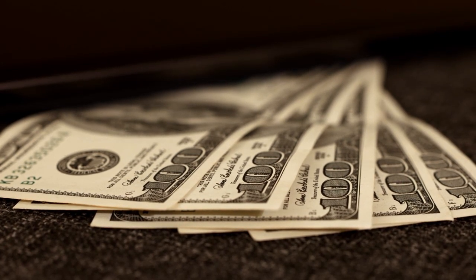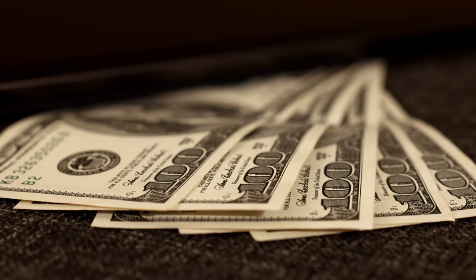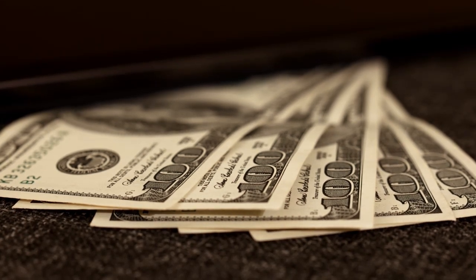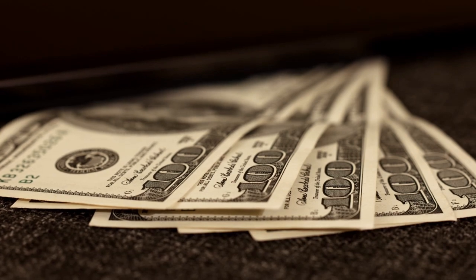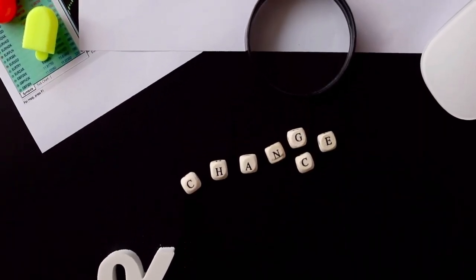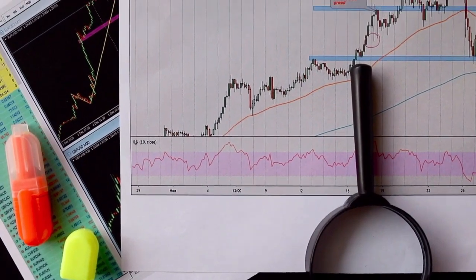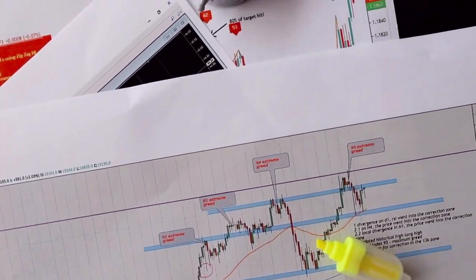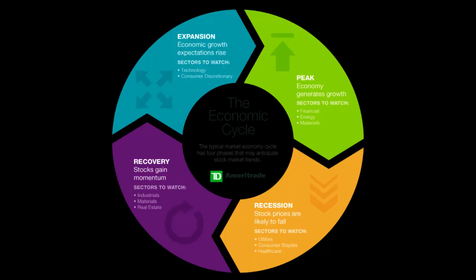Factors to be considered include interest rates, inflation, unemployment, and sector economic indicators. Understanding how these factors can affect different investments is crucial in choosing the best investment options for each phase of the economic cycle. In conclusion of this video, we can recap the main points that were discussed.